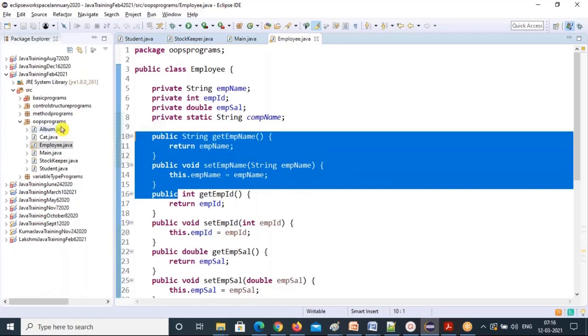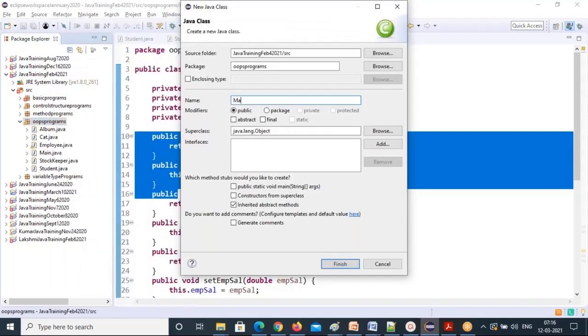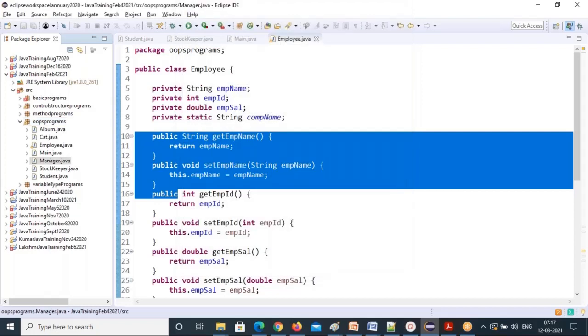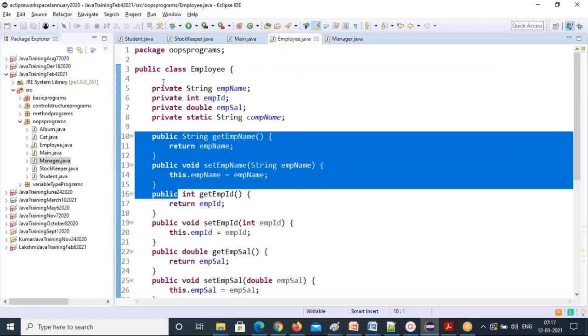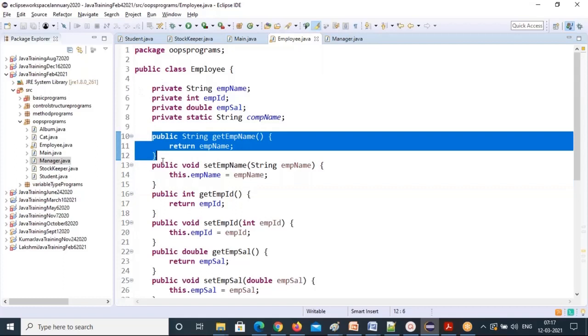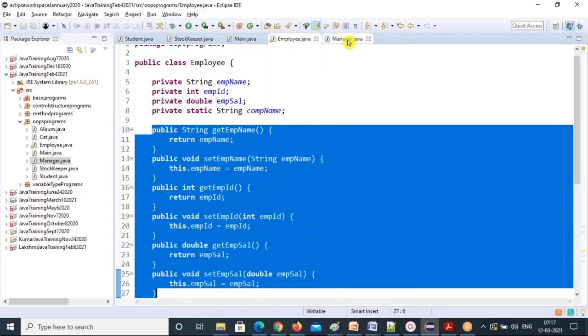So let's create a manager class. A new class I'm creating, the manager class. And I'll take the main method also because I want to execute something. Now I want to use all the employee class methods here. I want to give a manager name, manager ID, manager salary, and get the company. They are already available in the employee class, so I can use them directly.